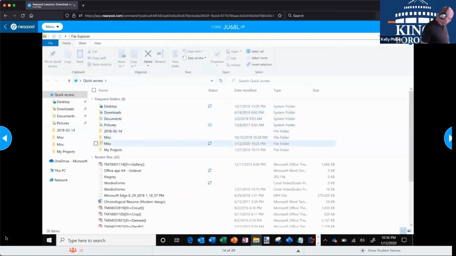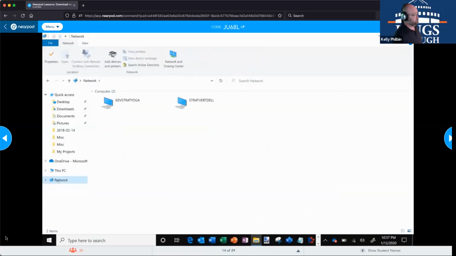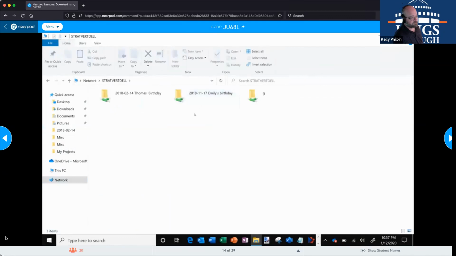So here's File Explorer, and what I want to do now is at the bottom here I'm going to click on the option that says Network. And within network, what you'll see happen is it now shows all the computers that are connected to my home network. I have 2 machines. I have my laptop, and then I also have my desktop. The files that I want to access are on my desktop, so I'm going to go ahead and click on my desktop, and there it goes. It pops up all the folders that I'm sharing on my desktop. Now what might happen is